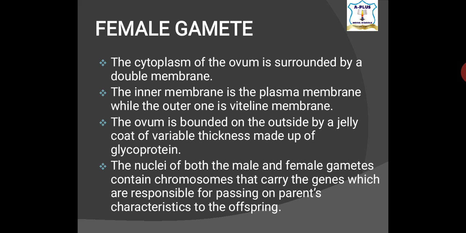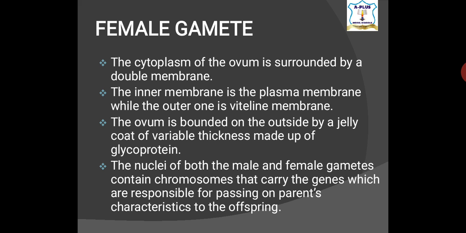The inner membrane is the plasma membrane, while the outer one is the what? The Vitelline membrane. The inner membrane of the cytoplasm is the plasma membrane, while the outer one is the what? The Vitelline membrane. The ovum is bounded on the outside by a jelly coat of variable thickness made up of